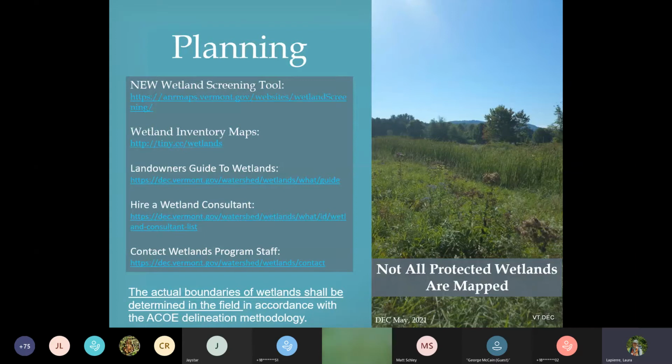We have the wetland inventory maps, which are for folks who are more GIS and map layer savvy. You can zoom into an area and see all of the wetland related layers turned on in that map, so you can do a more thorough investigation.